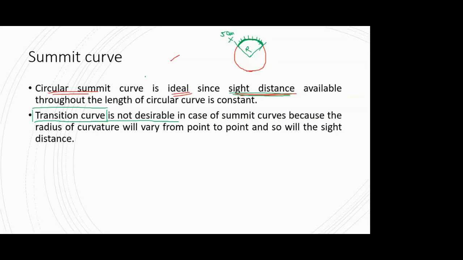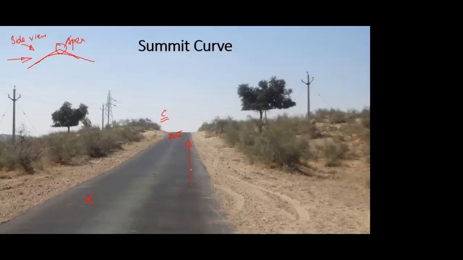But now in case of vertical curves, you don't really have superelevation in the picture, as long as the vertical curve doesn't have a combined horizontal curve with it. So that's the rare case, because that becomes a very dangerous black spot from the accident point of view, so we try to avoid that kind of thing. So we are thinking of just a plain summit curve, like this, with no horizontal curve in it.